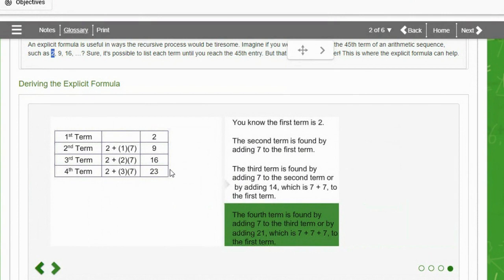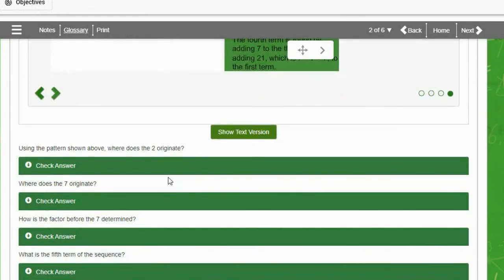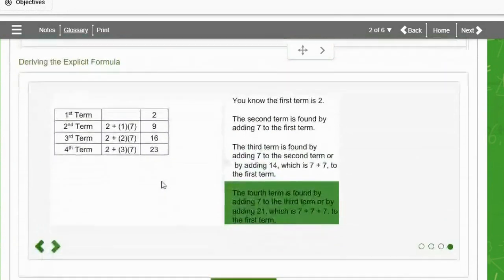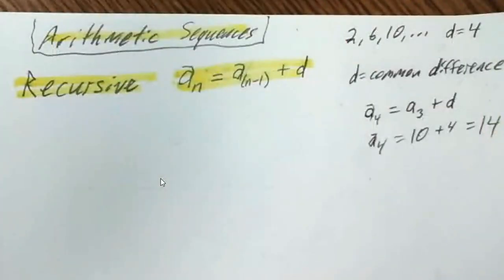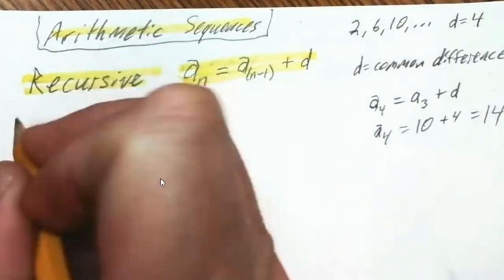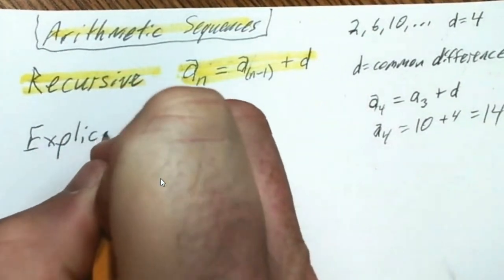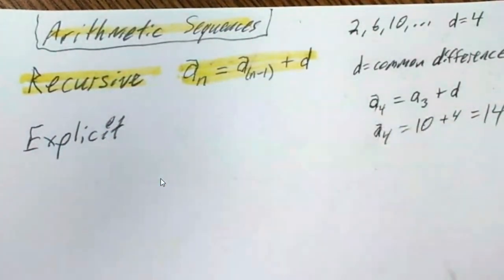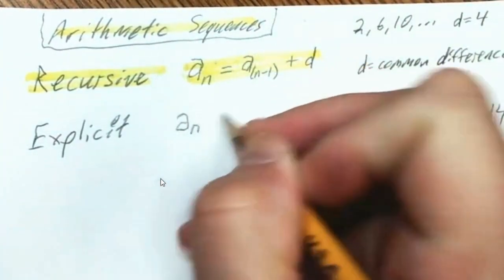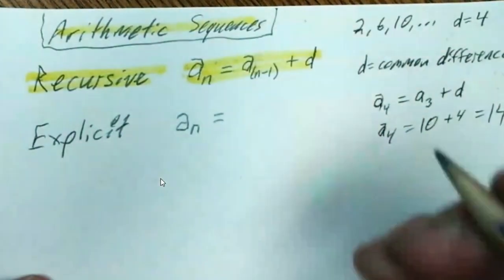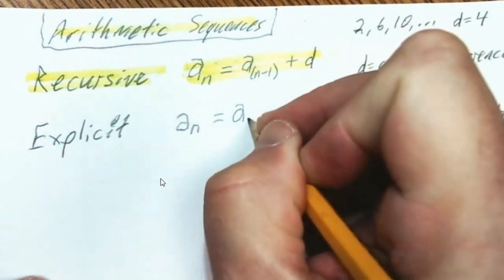This is kind of all giving us an idea on how to come up with a formula. In fact, let's jump to a formula right now. I know they're taking the long route. We're too impatient for that. So what we were looking at there, we're going to call this the explicit formula, because we can explicitly jump straight to a term. If I want to know what the a sub n term is, if I know the first term, we were using the first term every time. So if I go to a sub 1,